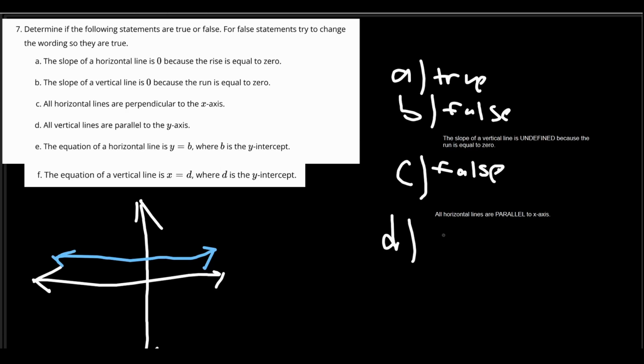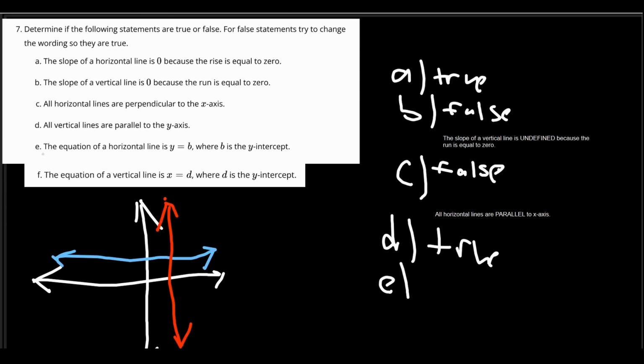Okay, this is true because if I were to draw a line, let's say this is x equals 3, then we can look at the y-axis as well, and these two are parallel. They're parallel because the y-axis is just x equals 0, and they have the same slope. So that's true. For E,